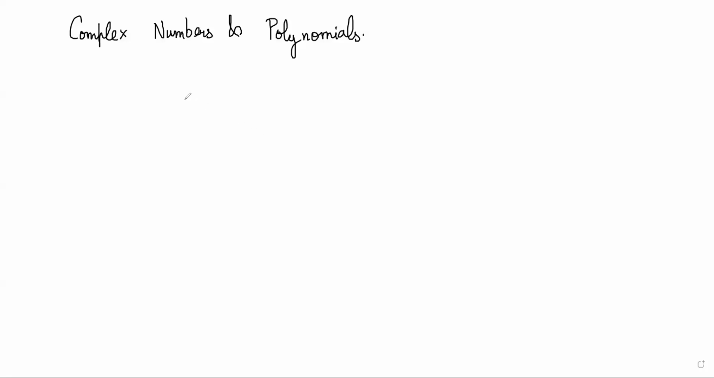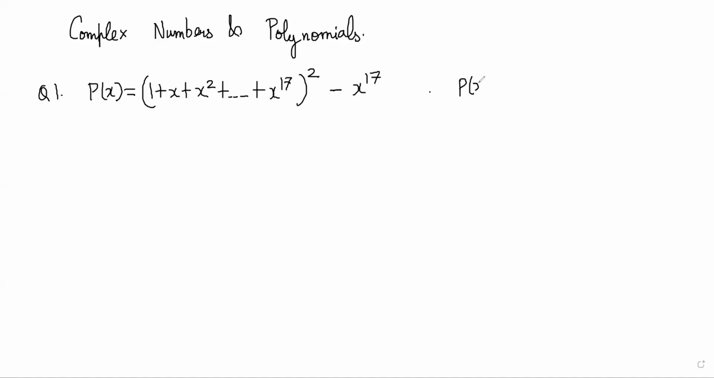Hi, in this video, we are going to continue our problem solving series on complex numbers and polynomials. So we start off with this question. It says P of x is equal to (1 plus x plus x squared till x power 17) whole square minus x power 17. And P of x has 34